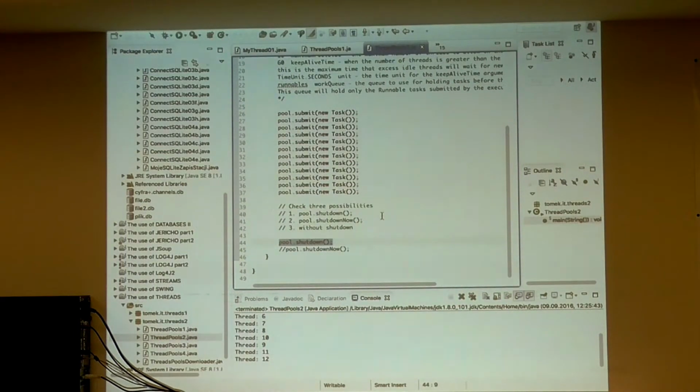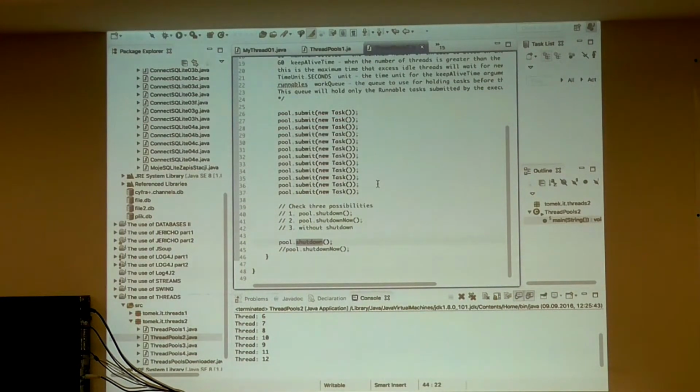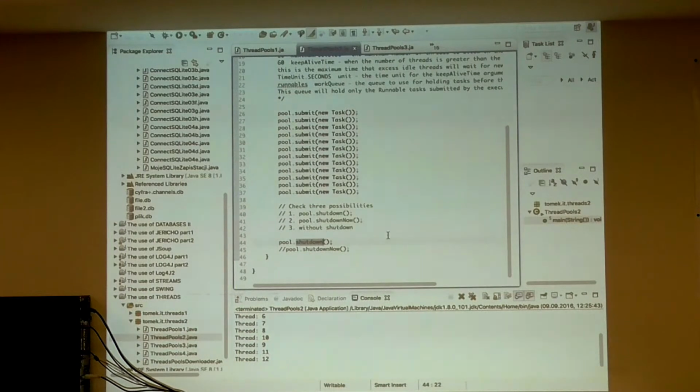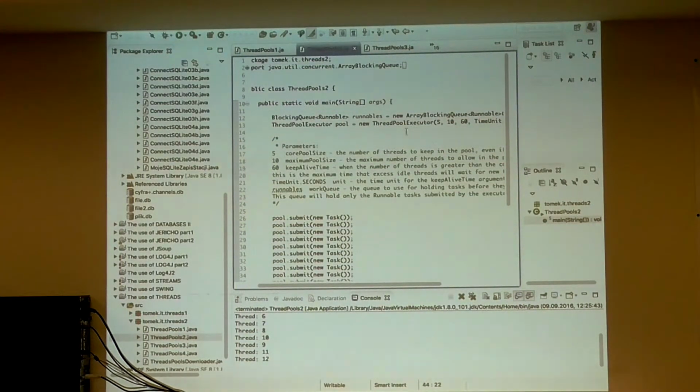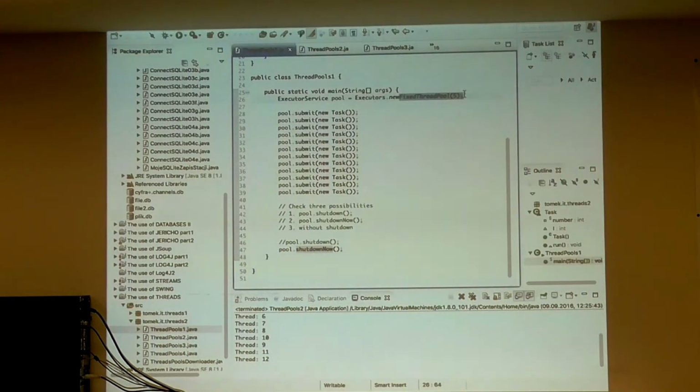Okay. So we can see that it is much better to use pool shutdown. If the shutdown method is called, it means that the pool will not accept another task. Okay, so I think that fixed this fixed thread pool is the simplest approach,